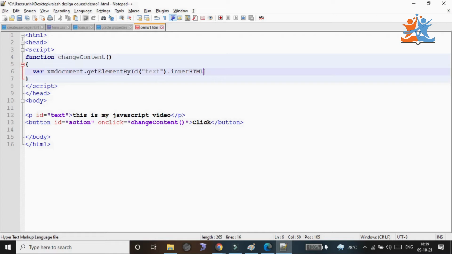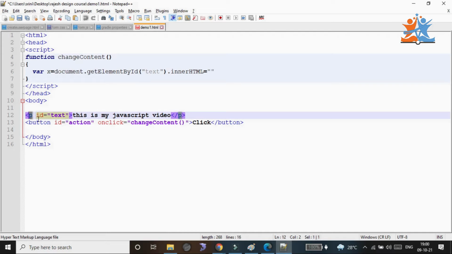Innerhtml is equal to what I need to change inside the innerHTML. What HTML do you want to take? The paragraph, nothing but the text. For the paragraph we have the attribute text. I need to change the innerHTML of the paragraph, whatever content I have in the paragraph.